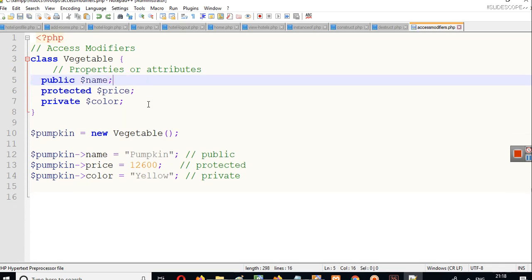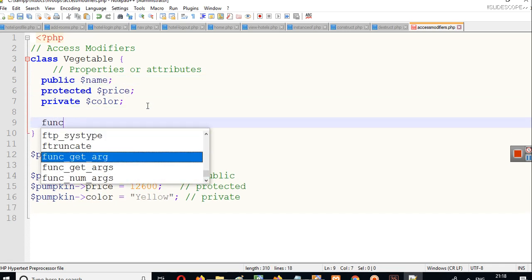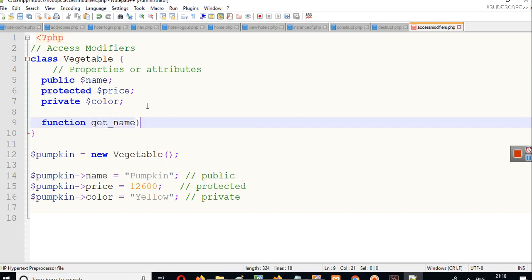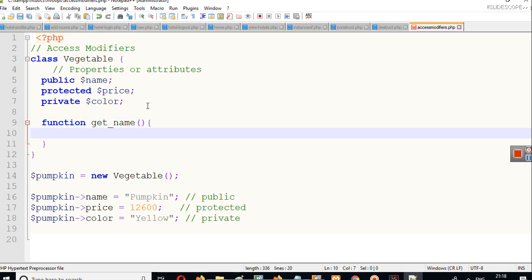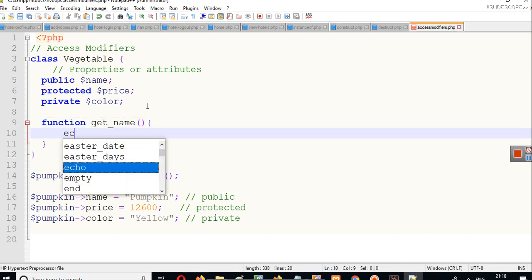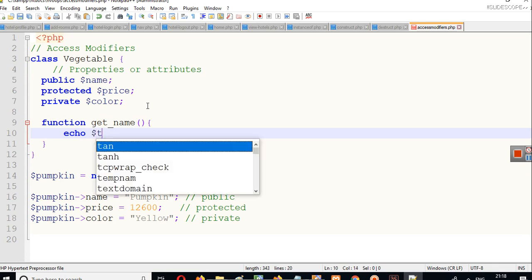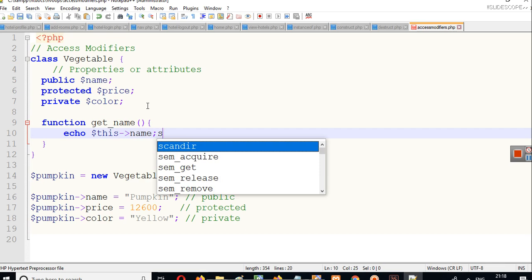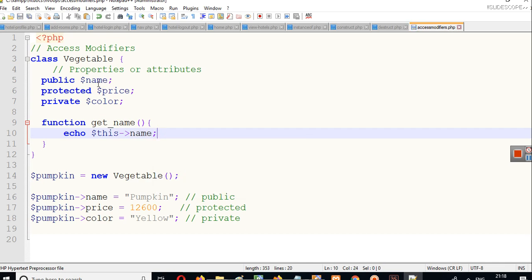Suppose there is a function here, let's say function getName. In this function you can print something like echo, you can use return also, echo this name. So this public attribute can be used by this function getName,